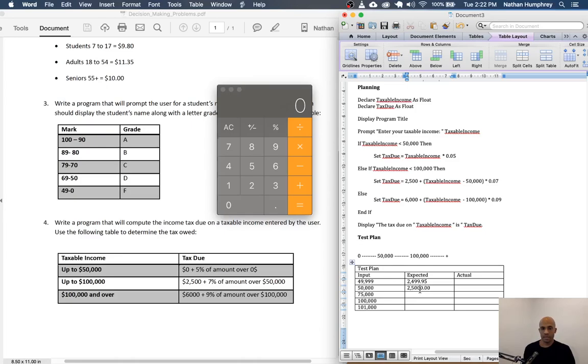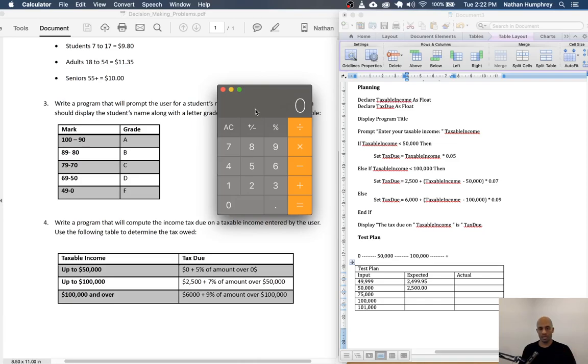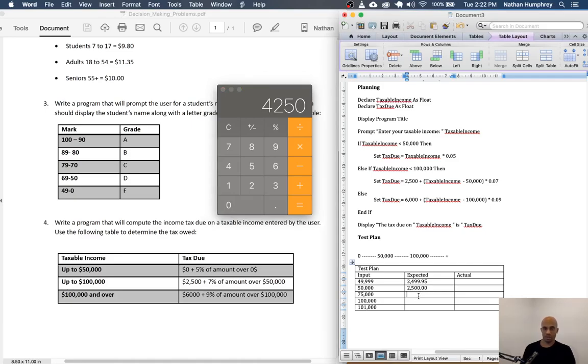And again, these are real values, they're numeric, so we want to include the decimal precision. And so now we have 75,000. So 75,000 is going to be $2,500 plus the amount over 50. So that would be $25,000. And we're going to multiply that by 0.07. And then we add that to our 2,500. So I would expect on $75,000 of earned income that we're going to be paying